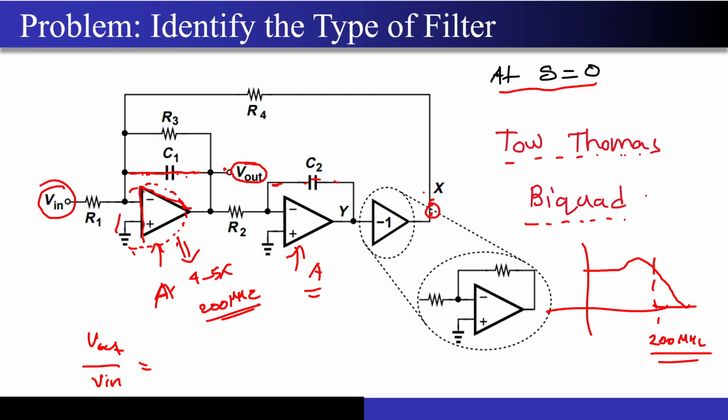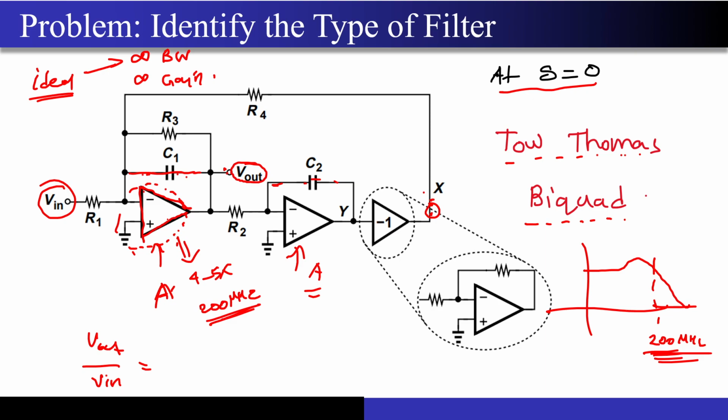See, what was the main assumption when we designed these active RC circuits? My op amp is ideal. What does the ideal op amp have? Infinite bandwidth, infinite gain. Correct? Now if you limit the bandwidth of the op amp, if you want to design the filter at 200 megahertz, but your op amp's 3 dB bandwidth itself is 200 megahertz, the op amp is not ideal anymore. Correct? It will have trouble.